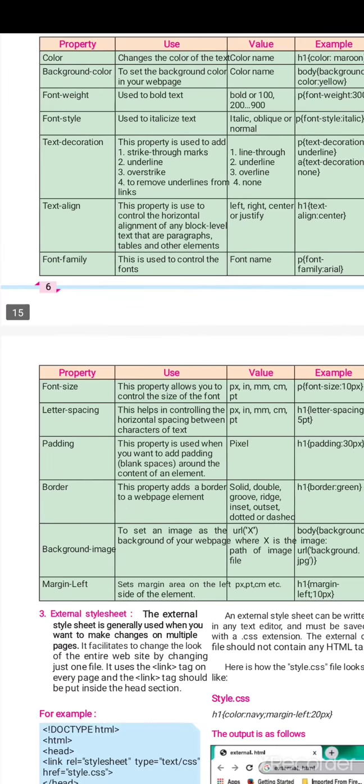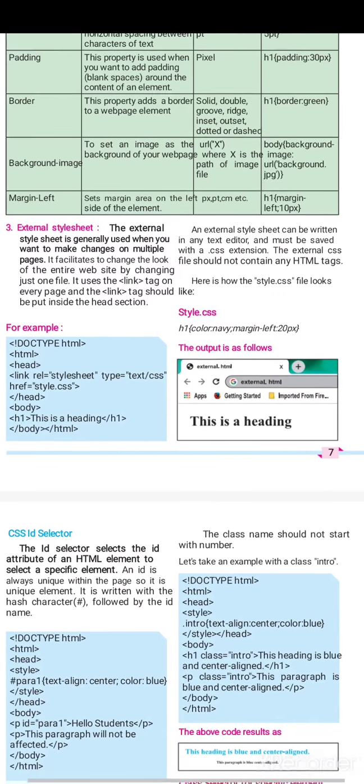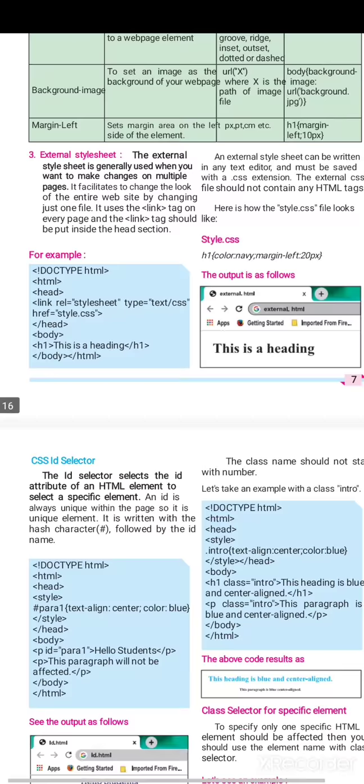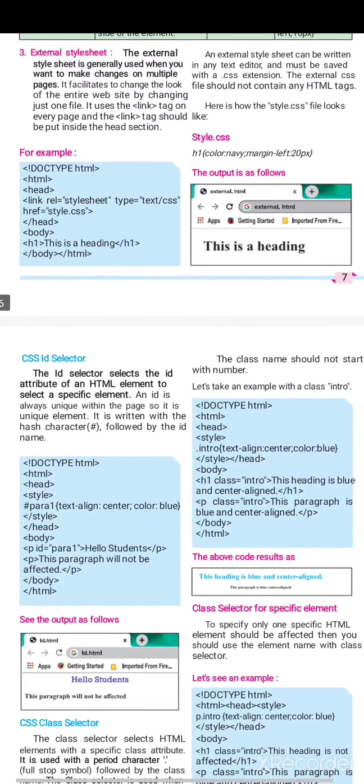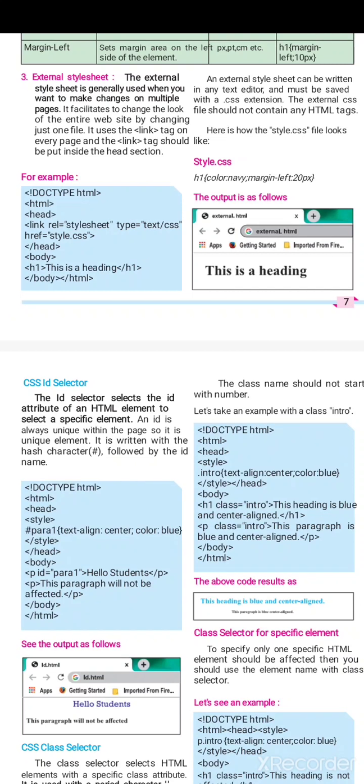So external CSS is defined outside of the web document, while it is saved with an extension as .css. See here how to define such style sheet. Such a style sheet contains might be same selectors, properties and values, no doubt, but this style is applied on any of web document by using a link tag.